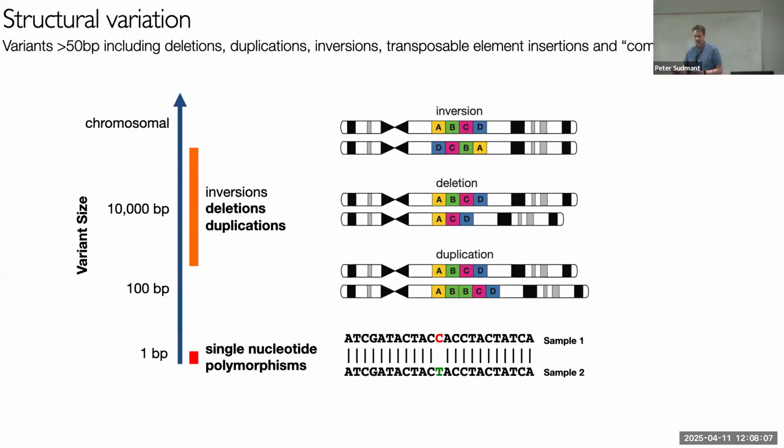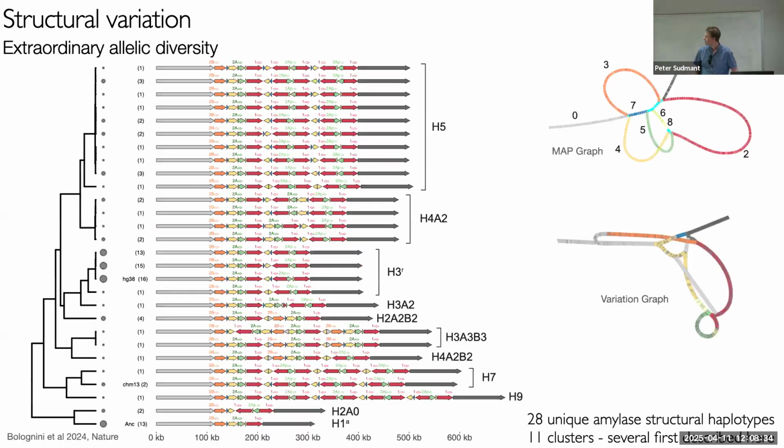So who here knows what a structural variant is? Okay, I'll skip this slide. Structural variants are big things. This is for Andrea. Structural variants are inversions, deletions, and duplications, things that are not SNPs. Why do you want to study structural variants? There are a lot of reasons, but I want to give an example that is hopefully dear to Andrea and Eric's hearts, in this super cool paper we published collaboratively very recently on amylase.